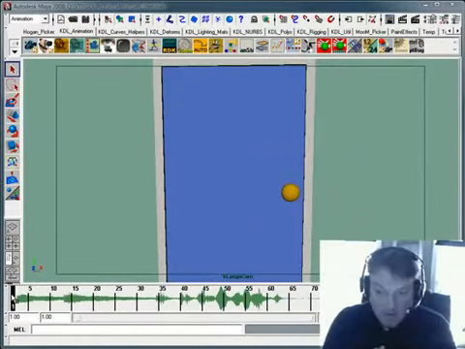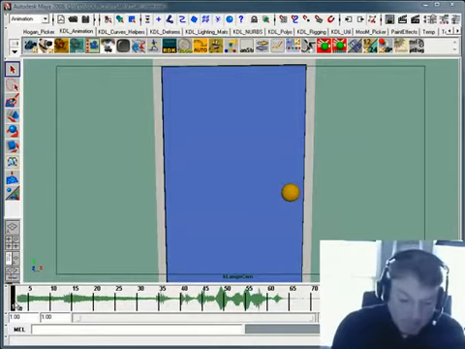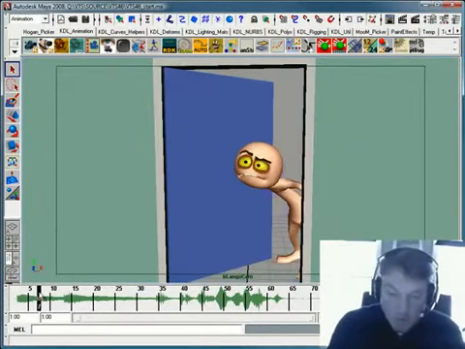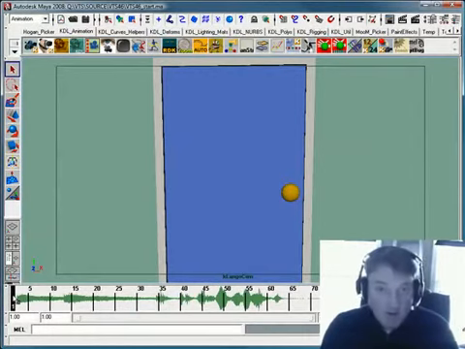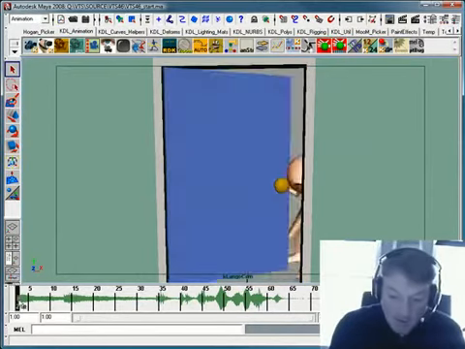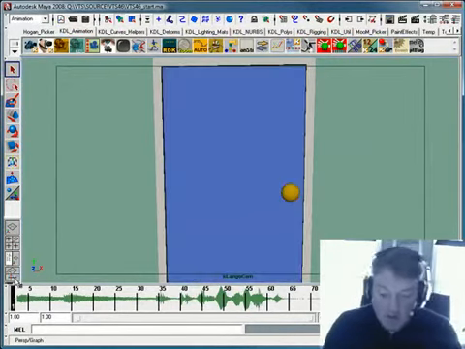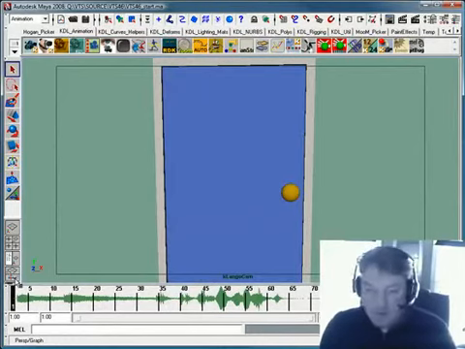Okay, let's take a look at this. We've worked through all these poses, we've worked through each of these drawings, and now we're ready to start timing things out because drawings are one thing, but now we need to make them move. And one of the things about timing is it's very difficult to teach,